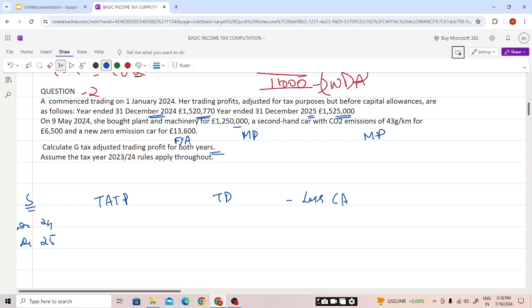We have already covered in this chapter number 7 how to calculate for the tax year. Now the trading profit is